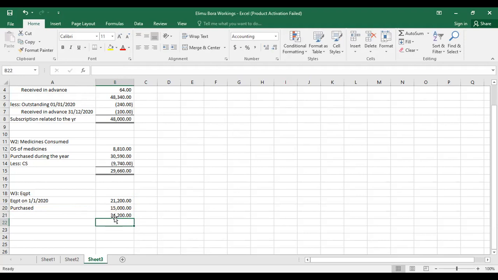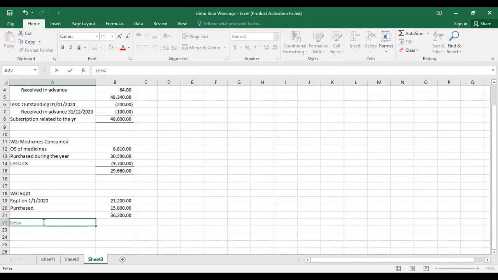Then on 31st December 2020, we've been given the net book value, or the closing stock, of that equipment. So if I less, I should get the depreciation for this equipment for the entire year. So I'm going to less